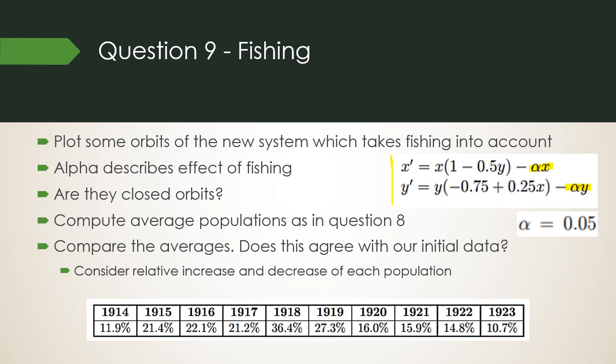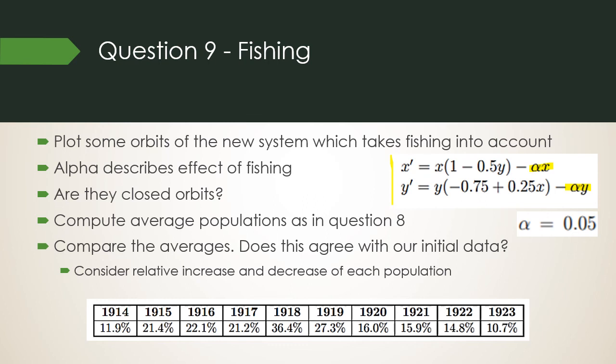And the rate of decrease will be proportional to the population itself, because if there are a large number of prey, you're going to be able to fish a lot of them, and so then the population will decrease at a larger rate, and the same for the predators. So we just assume that they both have the same proportionality constant, because fishing would be unbiased towards predators and prey. We assume, and so we take alpha to be 0.05, and so you plot some new orbits of this system,